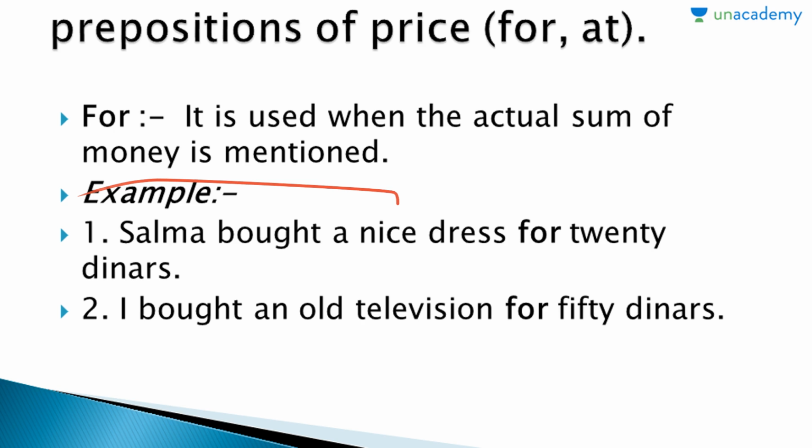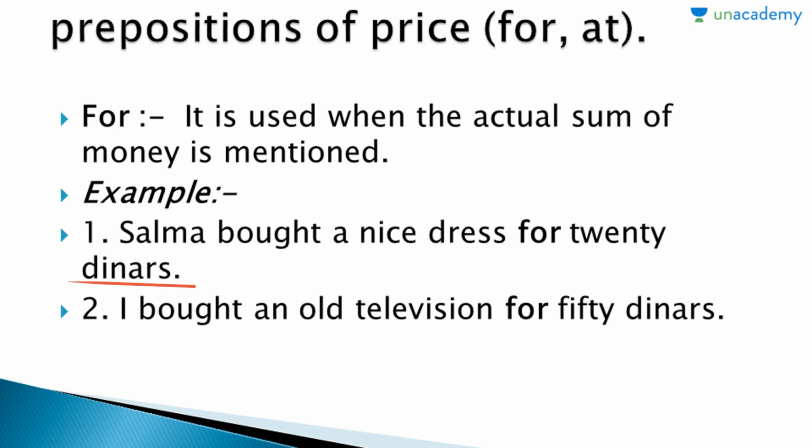Dinar is a different currency. So 20 dinars is currency, and the exact price is mentioned. So since the exact price is mentioned, we will use "for" and not "at". So here is the difference between the use of "for" and "at". "For" is used when the exact price is mentioned, and "at" may be used when the exact price is not